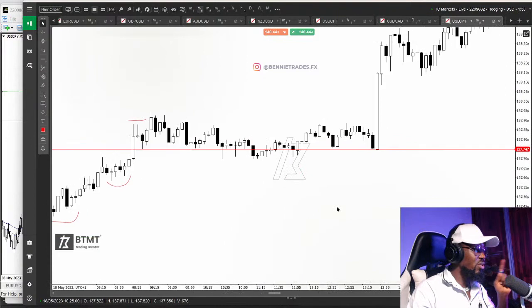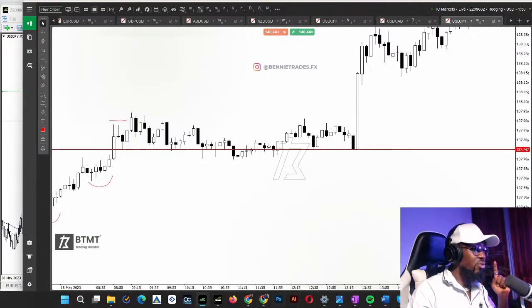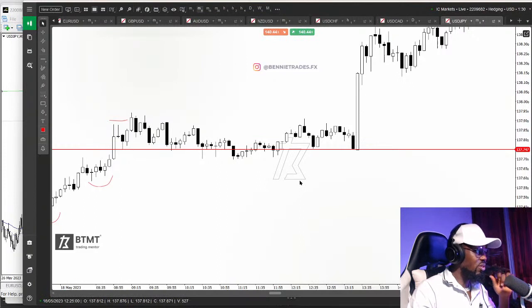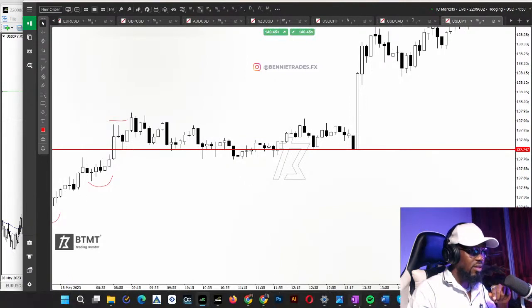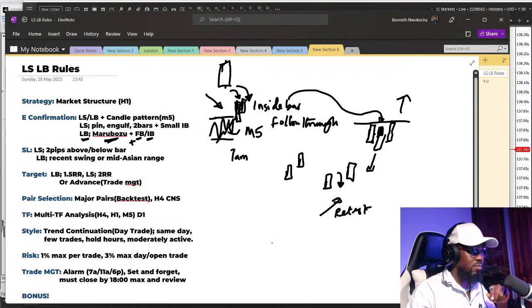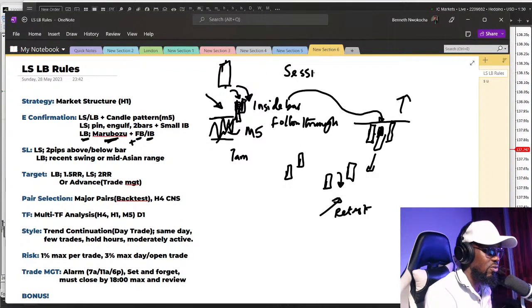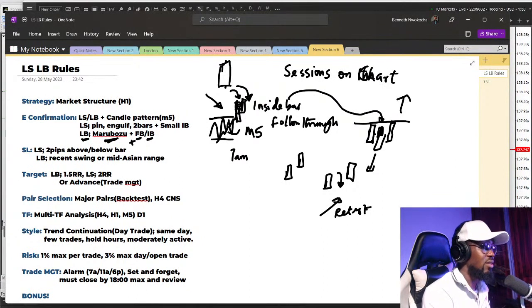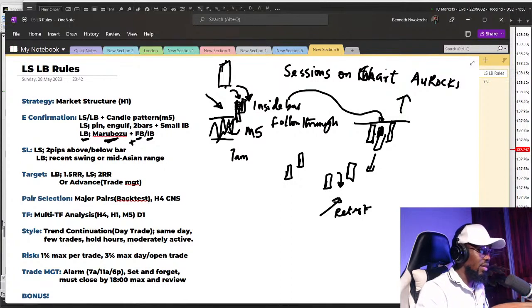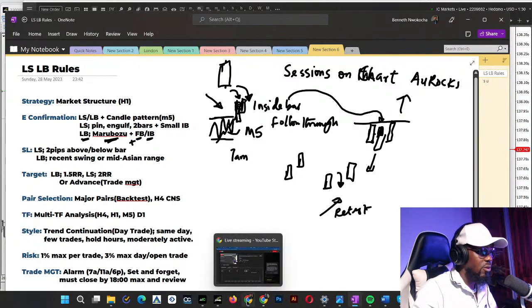If you don't have cTrader and you're using TradingView, on TradingView, search for AU Rocks. AU Rocks, sessions on the chart. I've posted that before. Search for sessions on the chart. Okay, this class is taking a lot of time, so I'm not going to show you that now. But just search for sessions on chart, I think just sessions on chart by AU Rocks. Okay, you find his indicator. Just tweak it a little bit to look like what I have, right? So uncheck some things and check some things. You'll see the way I did it, on my